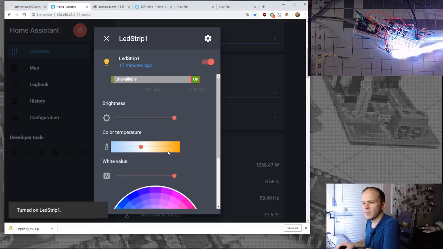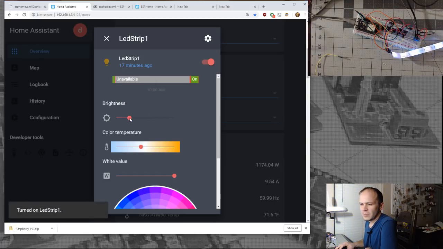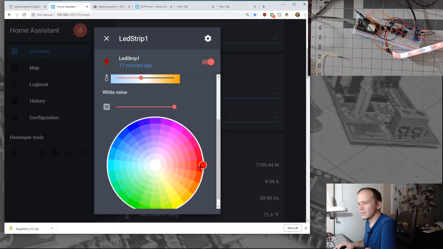Yeah, so they do get pretty bright once you fire up all the LEDs. Even that's kind of blowing out the camera. It's hard to tell on this strip. I have to turn the brightness way down. Let me put it on a red so you can see it a little easier. You end up with this zebra looking pattern because the LEDs are so far apart. You got the cool white, warm white, and then the RGB.